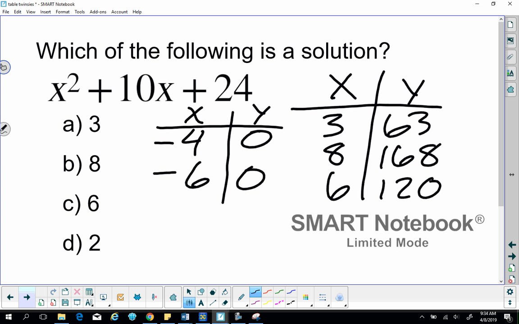All right, so now you have that table Twinsies worksheet in front of you, and it's all multiple choice. You should be able to do all of it in your calculator. Or you can do it by hand. See which way you like best. I personally think it's a great skill to have to be able